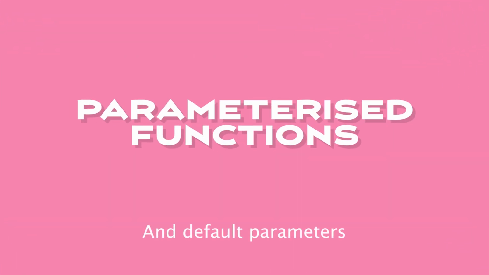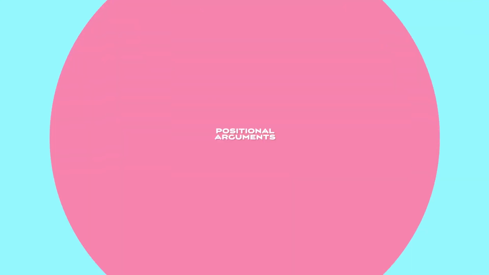In a previous video on function, we have seen how to declare a function and how to call a function. In this video, we will show you how to use default function parameters, which are very useful features that can make your code more concise and flexible. In addition, we will be looking at different ways we can call a function. At the end of the video, you will be able to call a function using positional and keyword arguments.